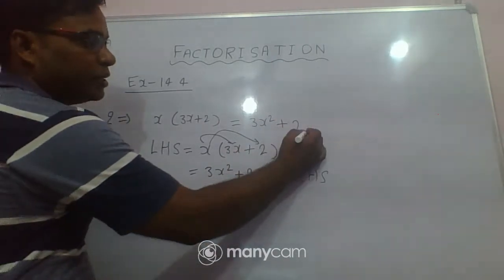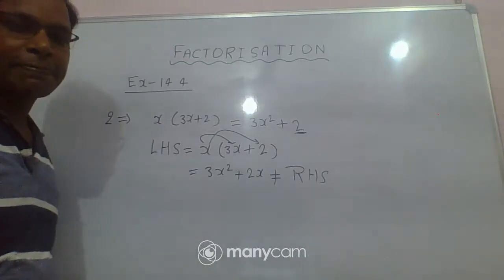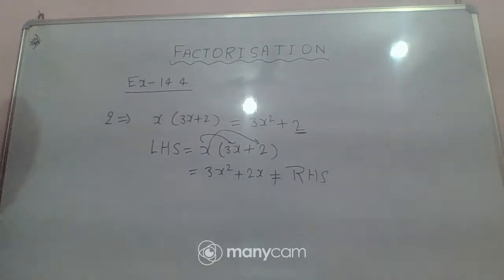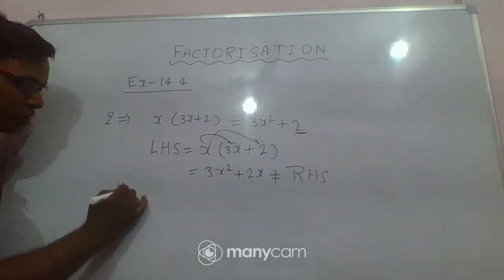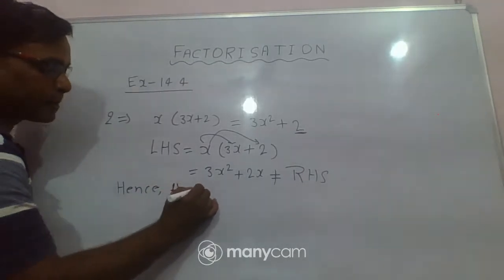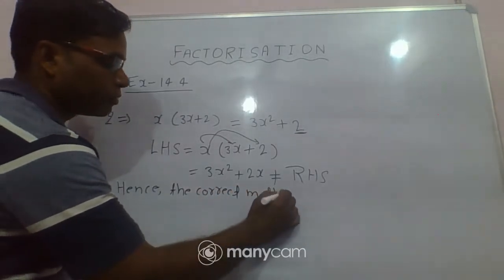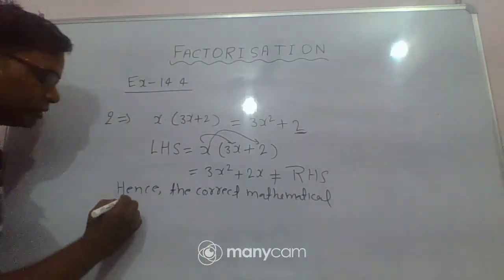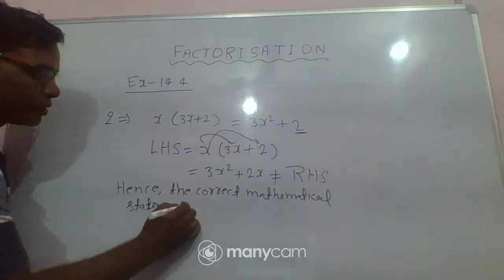So where is the error? You can see here 3x square plus. Where is the error? The error is here. This is the error. So what is the correct statement? Hence the correct mathematical statement is